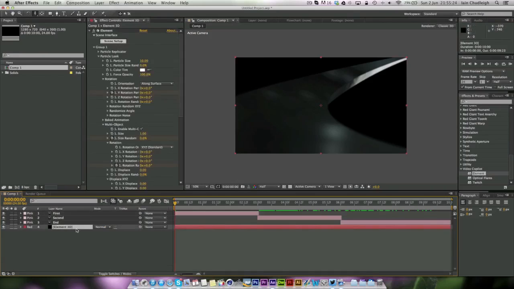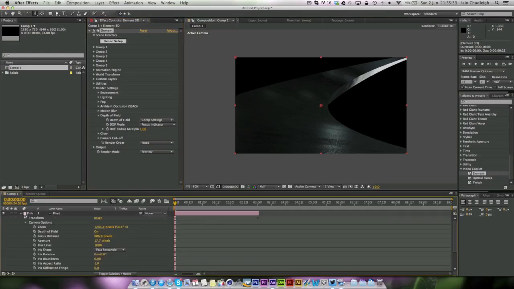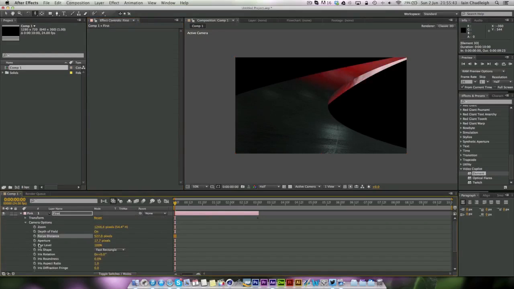And the easiest way to know what's in focus and what's not is to go to the render settings, depth of field, and change the mode to focus indicator. So you can't see it yet, but it'll become apparent in a second when I bring this focus distance down, and you can start to see this red kind of fade come in,